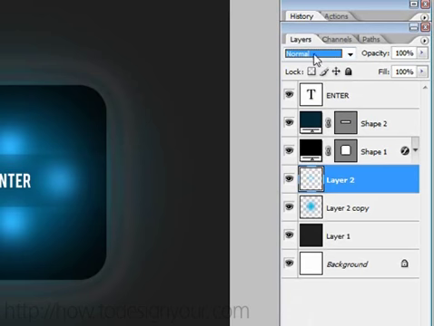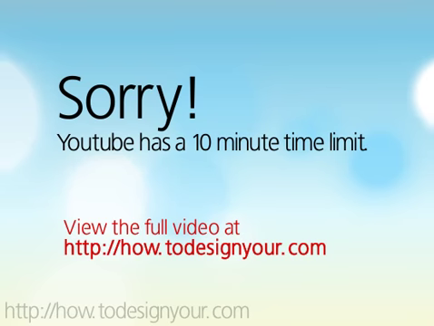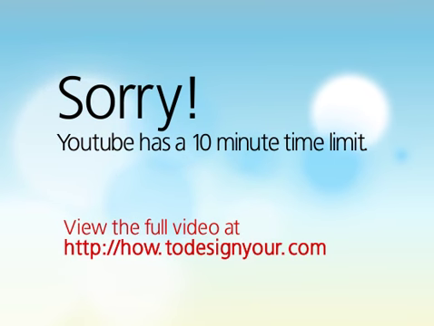Luminosity actually doesn't look bad either. But I think we're just going to stick with this. It doesn't actually look bad at all. So maybe I'll change the opacity just down a little bit. Alright. And now, what else do we want